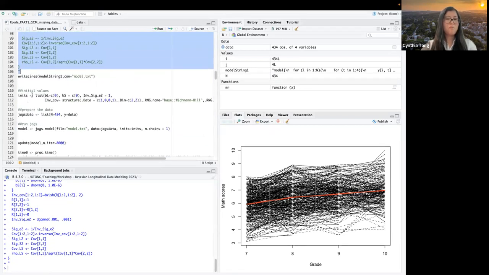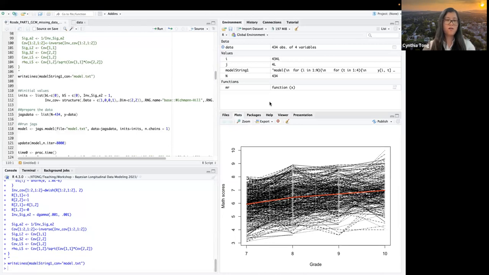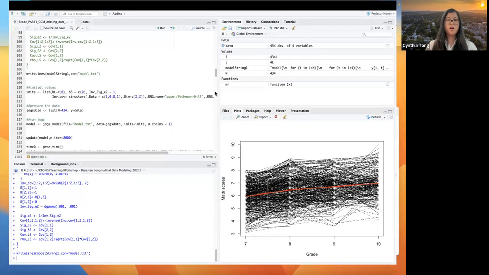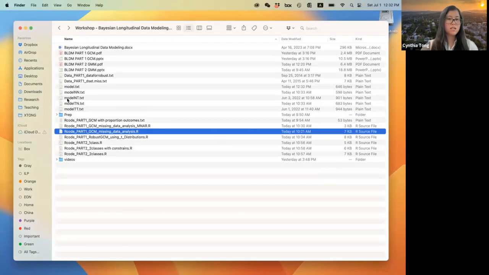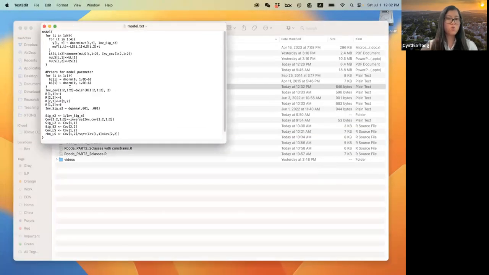And I would definitely recommend writing this into a text file. So you can use these lines and write this model string into a model.txt file. If you do that, it's actually saved into this folder.